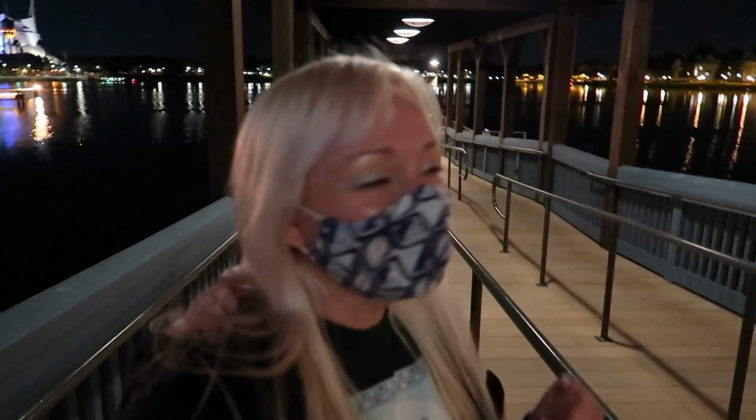Disney Springs at night is always so beautiful and fun, and it's extra festive right now with all of the holiday decorations up everywhere, Christmas music playing. It's just so nice. A lot of the restaurants have specialty Christmas decorations that are themed to their specific theme. If you plan on visiting during the holiday season, there are so many choices to dine at,